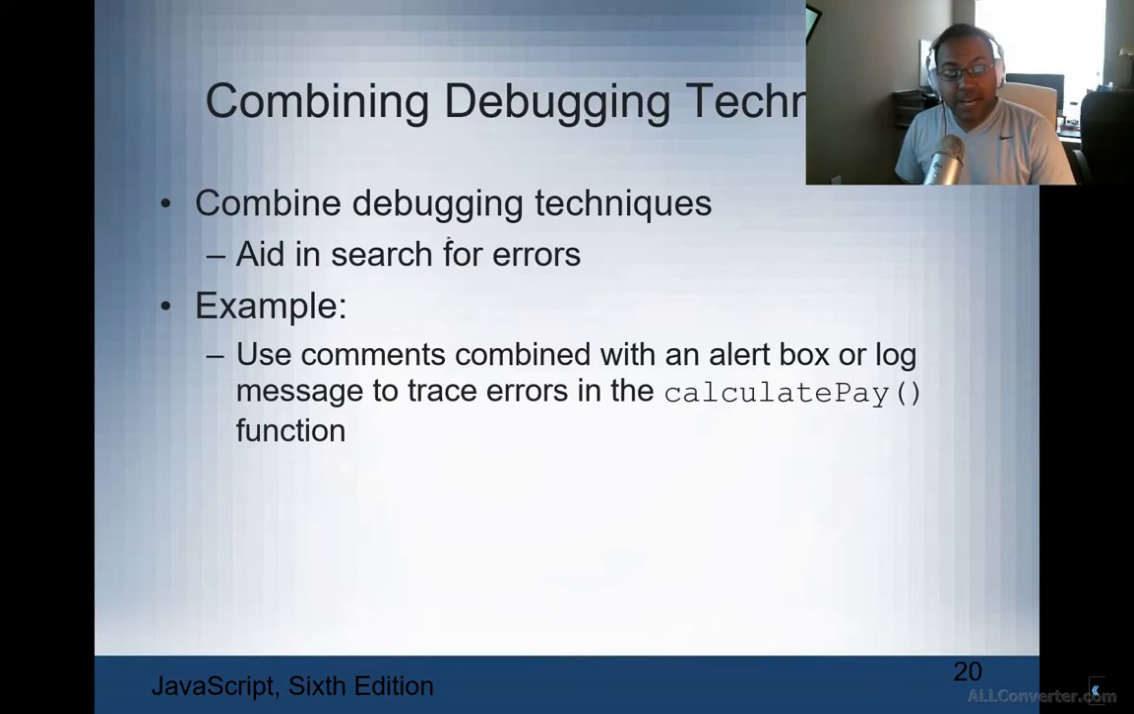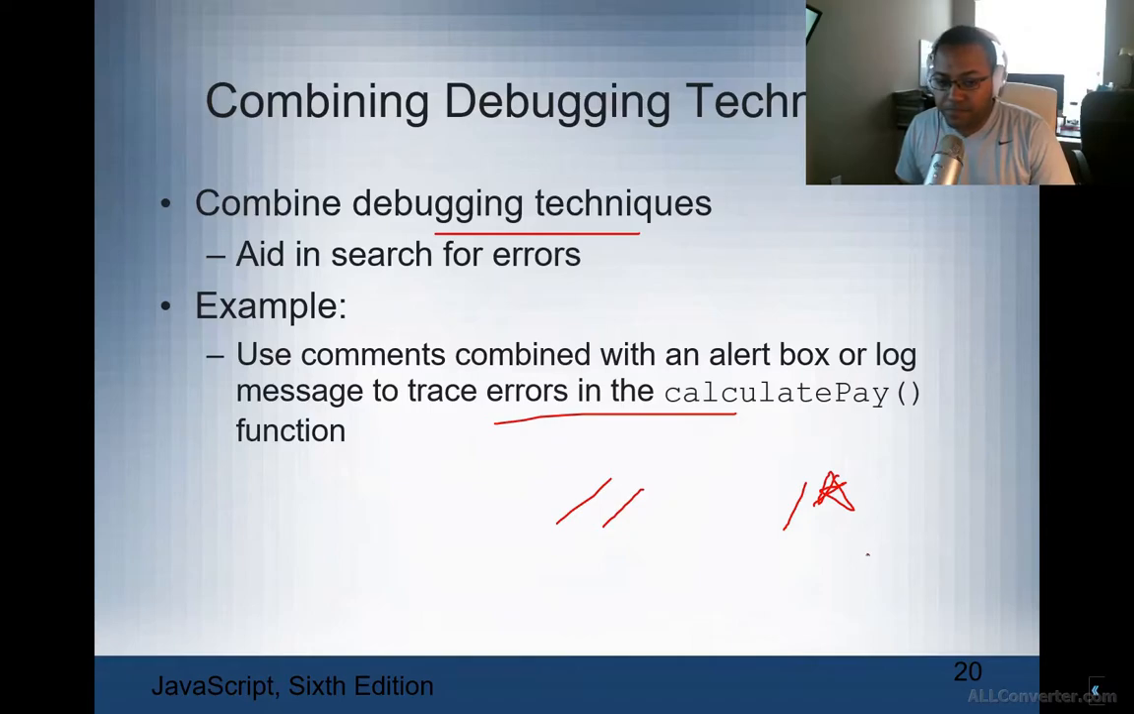So you want to combine debugging techniques. You want to use alert boxes and console.log to trace errors and use the comment out methods to comment out errors that exist if you're doing it manually. Now, any person that develops for a living will tell you that doing it manually can be quick, but it can be